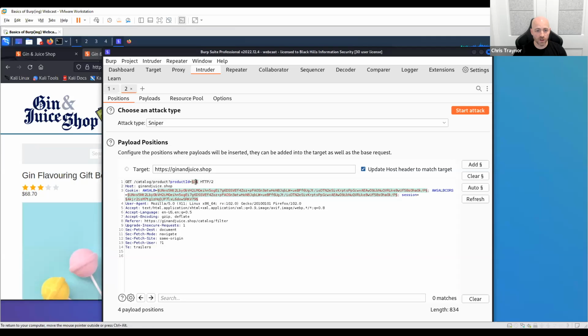These little squiggly characters next to each one of these, I'll clear them out so you can see it disappear. Now this is just a regular request. If I highlight that one and I click add, it puts these little characters on the right and left of that. That's defining a position that we're going to have Burp inject a payload value into and then attack this